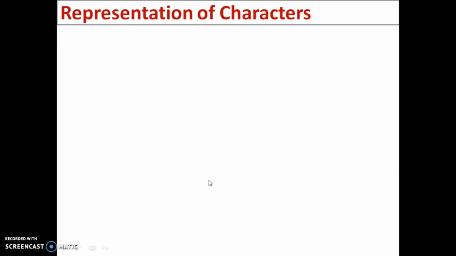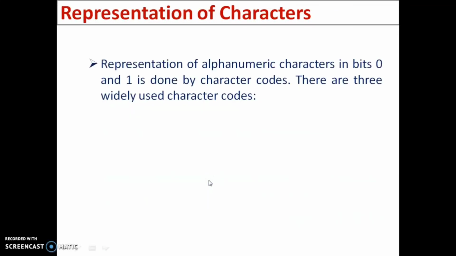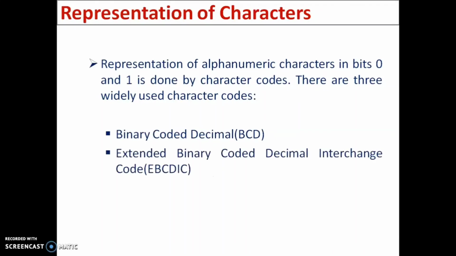Besides numerical data, we often need to process alphabets, including capital letters, small letters, special characters, punctuations, arithmetic operators, etc. So, let us discuss how these characters are represented in binary form, that is, in terms of combinations of zeros and ones. There are three widely used character codes, namely binary coded decimal BCD, extended binary coded decimal interchange code